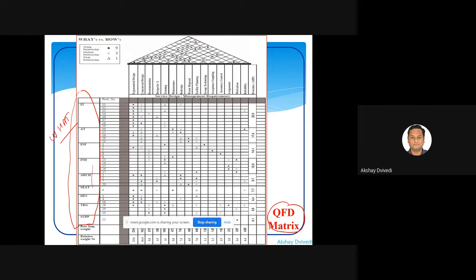Then I have done something which is prioritization of these particular requirements. So basically, these requirements have been arranged in a way where the most important requirement is appearing at the top. So IT is most important, AT is after that, INF is after that. Then all those issues which come under this specific domain of problems under IT have also been listed in a way where the most important one comes at the topmost portion. And then finally you go down.